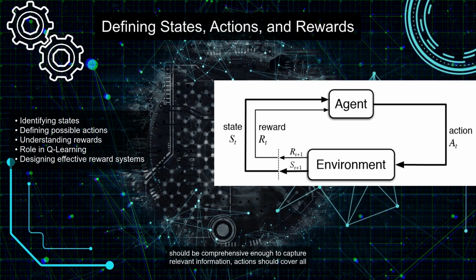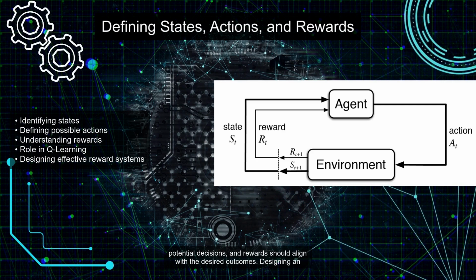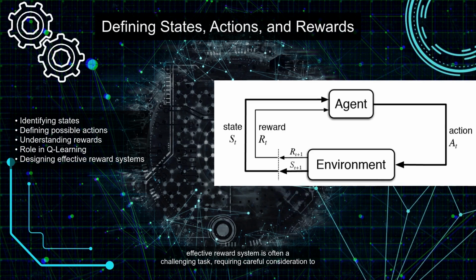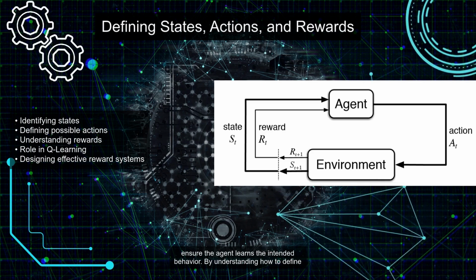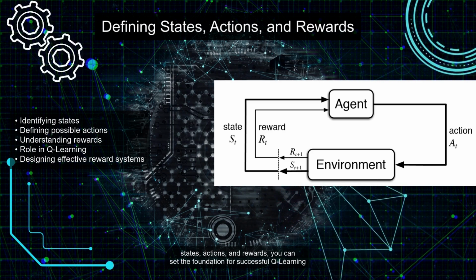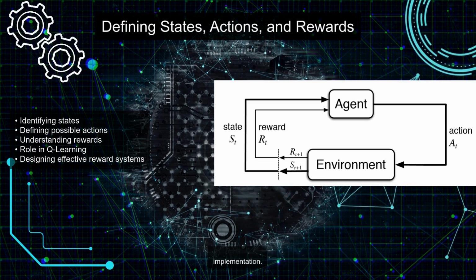States should be comprehensive enough to capture relevant information, actions should cover all potential decisions, and rewards should align with the desired outcomes. Designing an effective reward system is often a challenging task, requiring careful consideration to ensure the agent learns the intended behavior. By understanding how to define states, actions, and rewards, you can set the foundation for successful